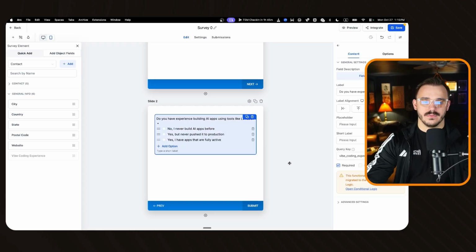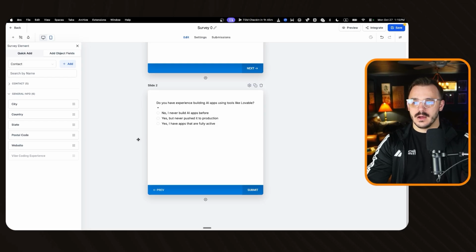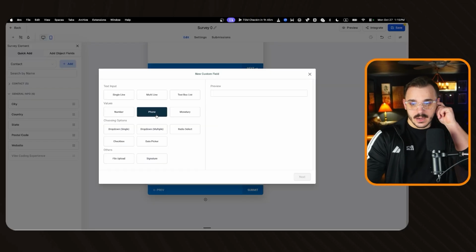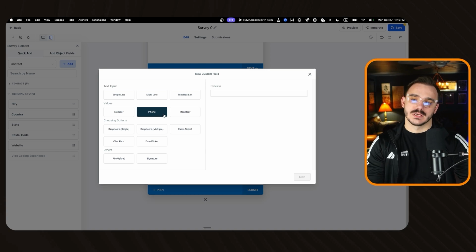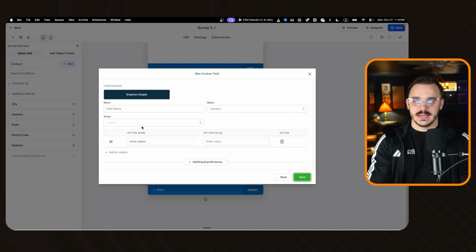So now we have them in here. You can add additional questions. So let's say the other question I can ask is, what is your goal? Let's say, so I can use in this case drop down single, let's say, and click next and ask them